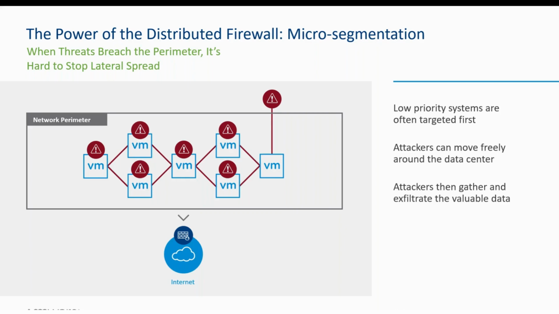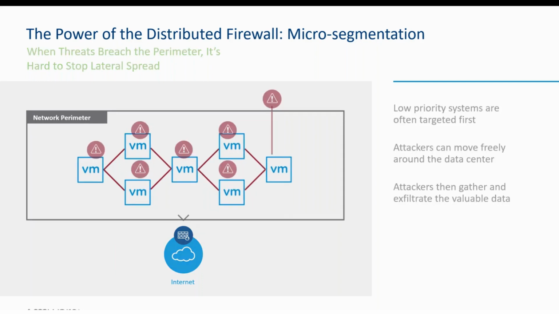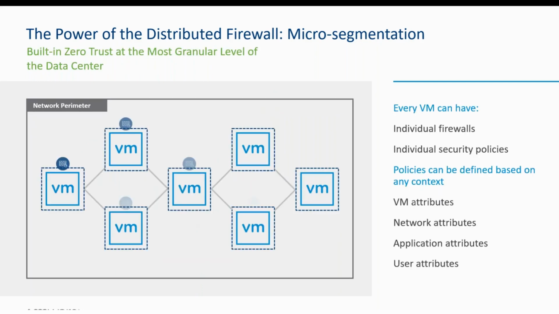And so once that attacker gets inside the perimeter, once they breach it, it's a lot easier for them to move laterally throughout the data center from machine to machine. At that point, they find the information that they want to steal or the information that they want to hold for ransom. And so that's where the power of the distributed firewall comes in, because we define and enforce network policies on every individual workload in the environment,